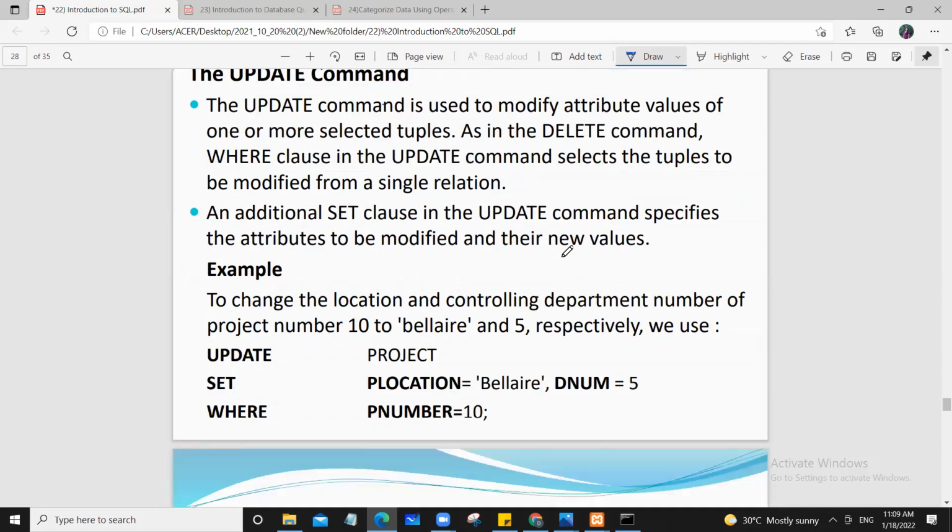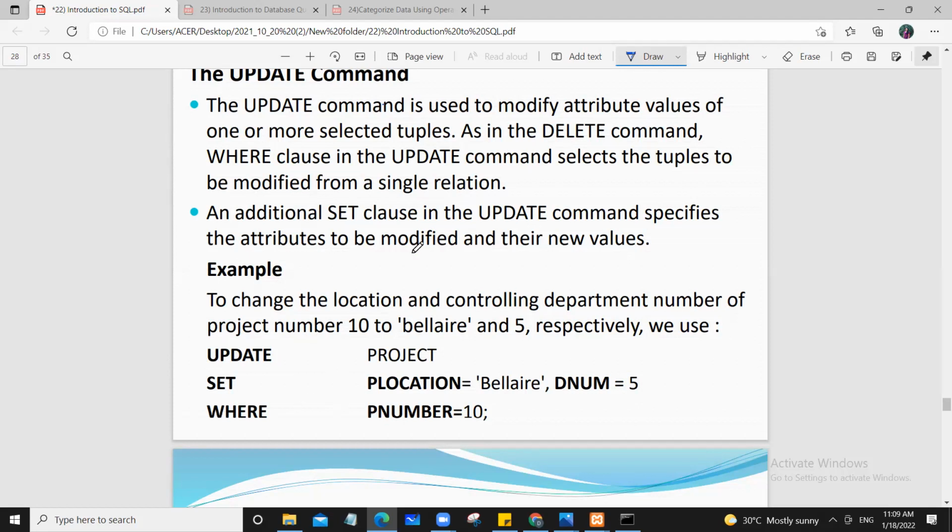So this also indicates the where condition. The update command also consists of a where condition. Apart from this, you can see there is another clause, set. The set clause is used to specify the updated attributes and what modifications you are going to make to